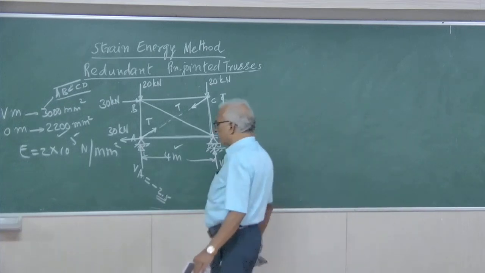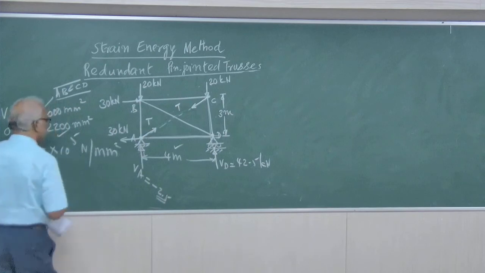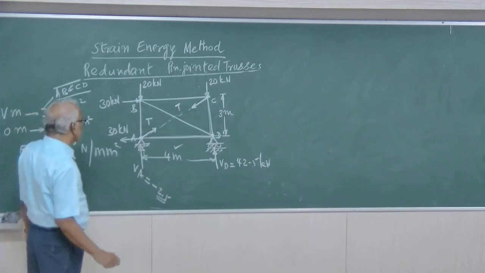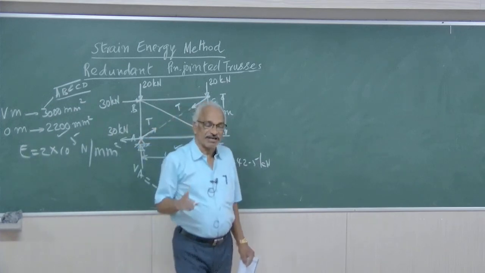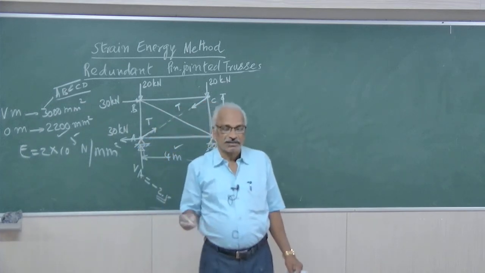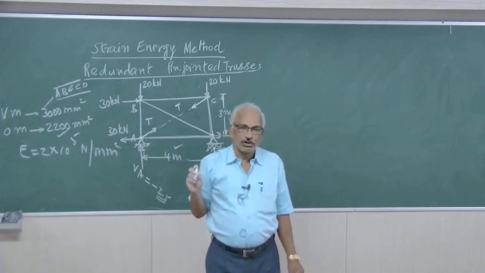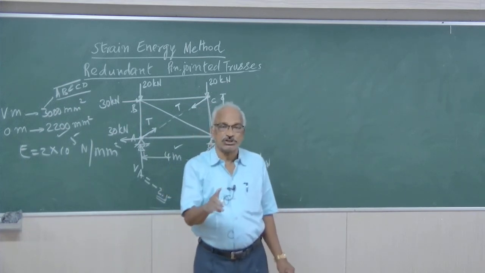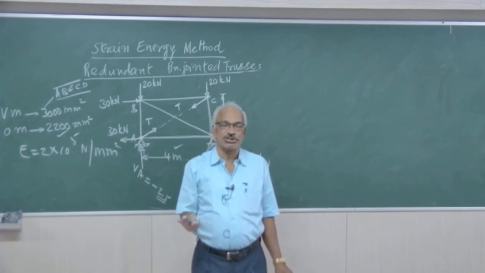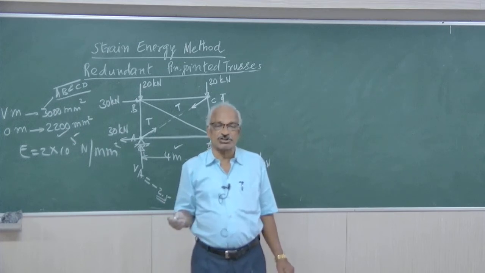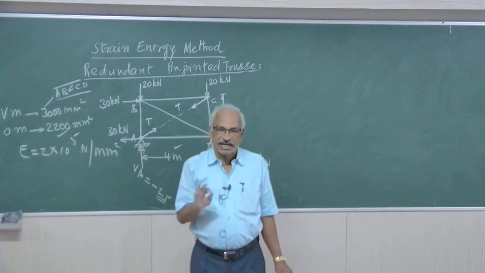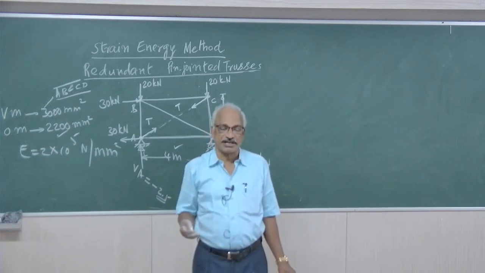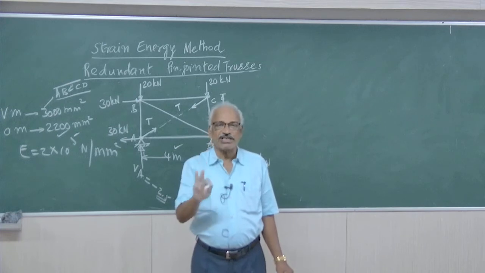Right. Now we are ready to do the method of joints. In the method of joints, you can start from any joint having not more than two unknowns, because for solving this we are going to make use of sigma V equal to 0 and sigma H equal to 0. That's all. No moment. The algebraic sum of all the forces in the vertical direction equals 0. The algebraic sum of all the forces in the horizontal direction must equal 0. So we are going to do it joint by joint, making use of only these two conditions.